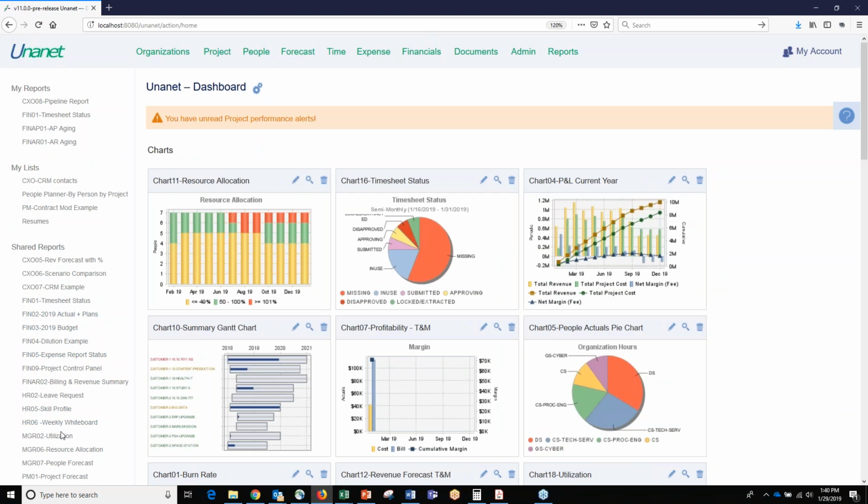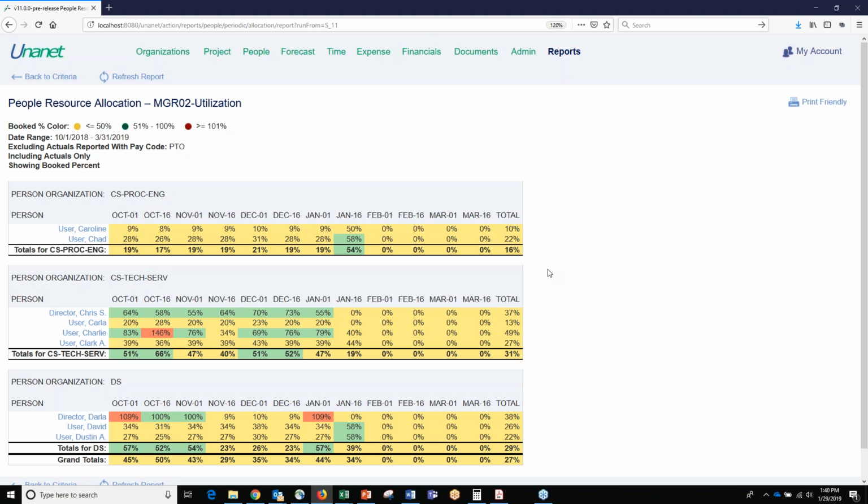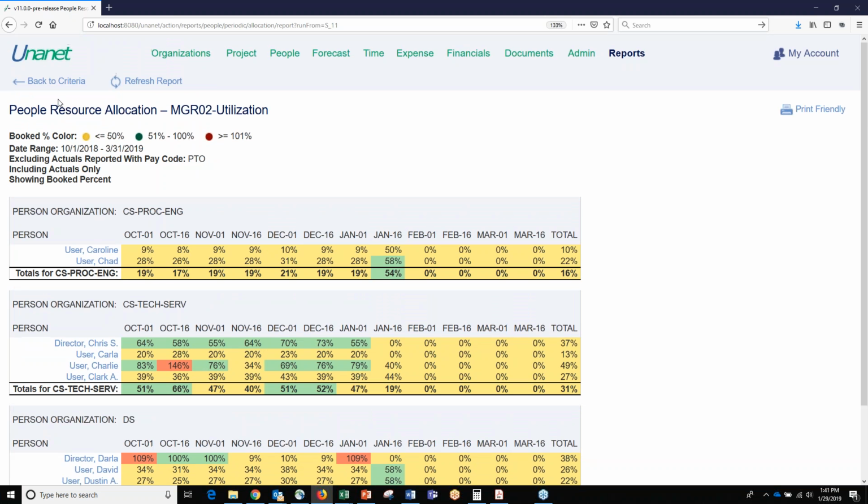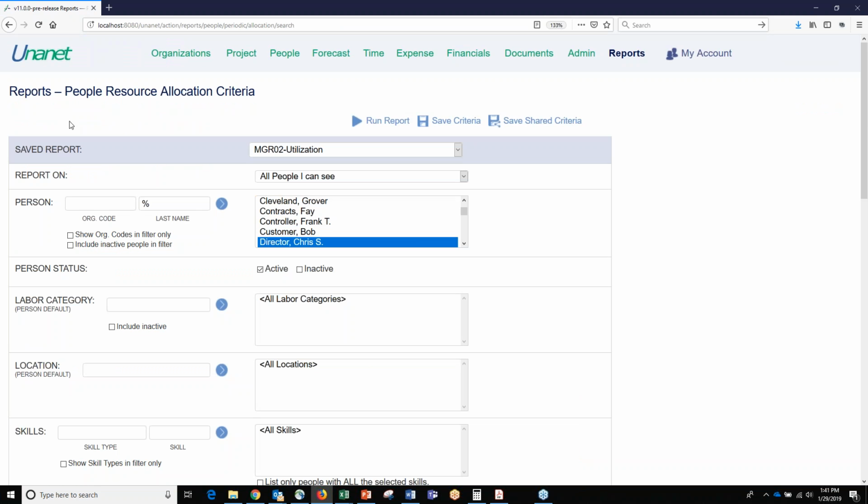All right, so utilization. When we do these webinars, we get a variety of feedback on what are the most commonly run reports for organizations in the nonprofit space, and utilization usually comes out on top. As Regan mentioned, we have a limited amount of resources, and we're always being asked to do more with less. So we need to make sure our resources are fully optimized. So this is a very simplistic report showing you effectively, quote unquote, utilization. So how are we defining utilization? Well, if we go back to the criteria of the report,